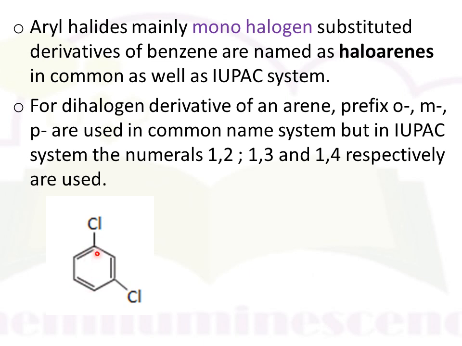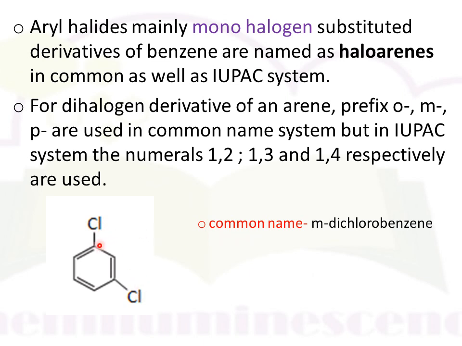You can choose either this carbon or this carbon, depending on which halogen atom is bonded. Here these two halogens are the same, that is chlorine, so either you can choose this one or this one, that is not a difference. That's why these positions are the ortho positions, these positions are meta positions, this one is the para position. If you see this carbon, these two are at the meta position to each other. That's why it's named in the common name system as meta-dichlorobenzene. Why is the word di used? There are two chlorine atoms. That's why the word di is used.